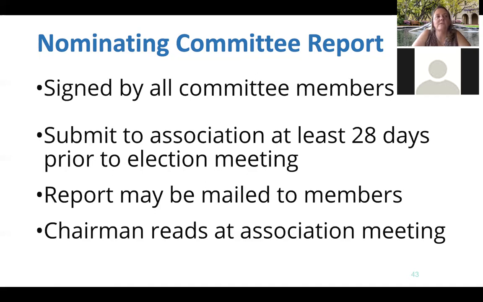Do we have a nomination from the floor for president? And if there are none, or you can just ask if there are nominations from the floor for any of the positions. If there are, then you can take that one off the slate. Say only secretary has a person who wants to do it and wants to be considered instead of the person on the slate. You can remove that person from the slate, vote on the